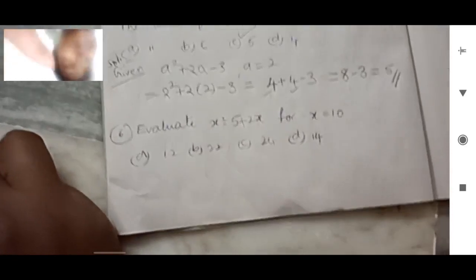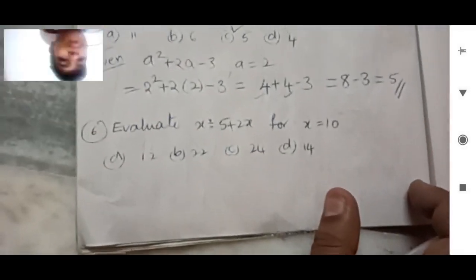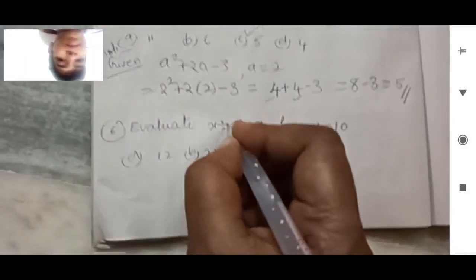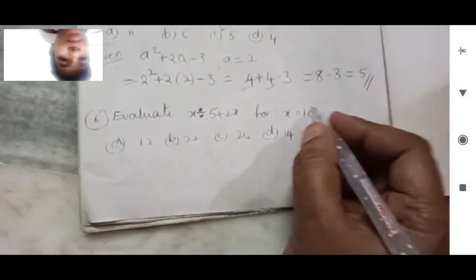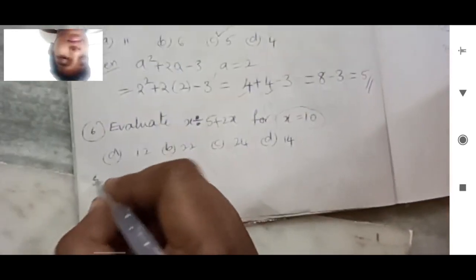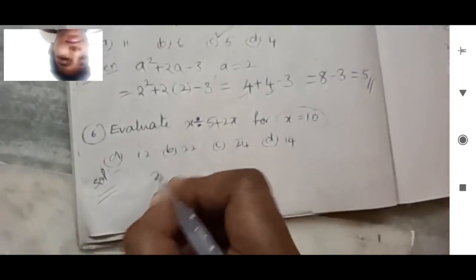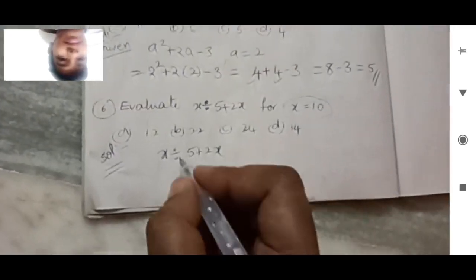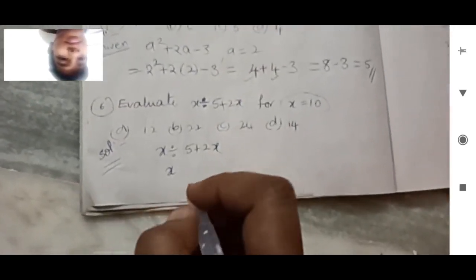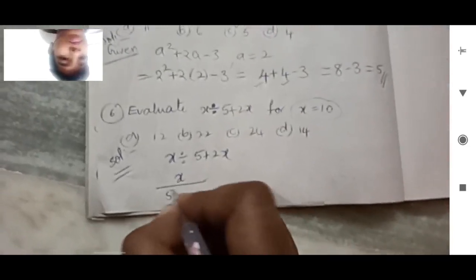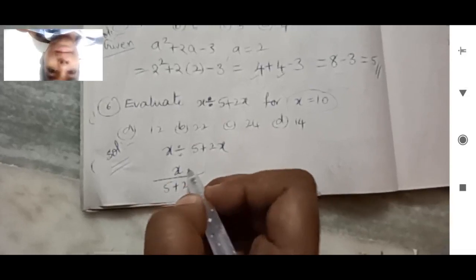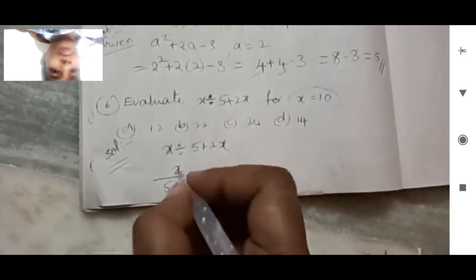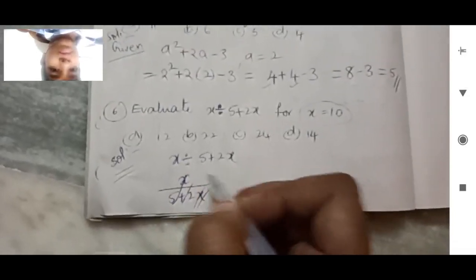Next one is evaluate x divided by 5 plus 2x, where x is equals to 10, Nana. So solution, algebraic expression x divided by 5 plus 2x. Here we have to consider divided by first. So x divided by 5 plus 2x we have to take. Okay. First preference manam divided by kiyali. So how can we consider this one? The entire bracket we have to consider. First we have to